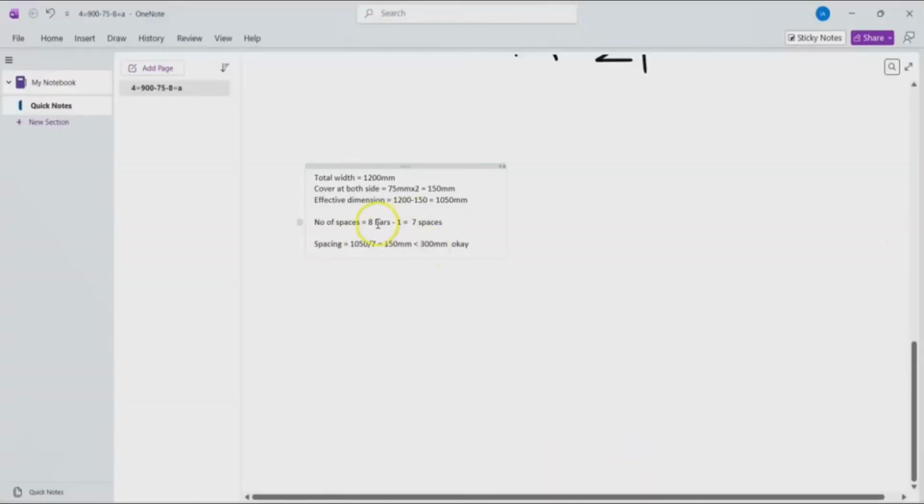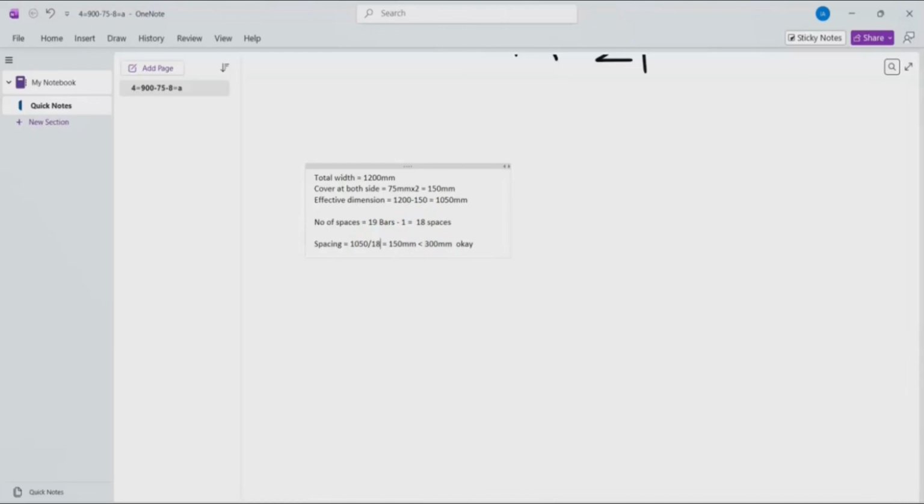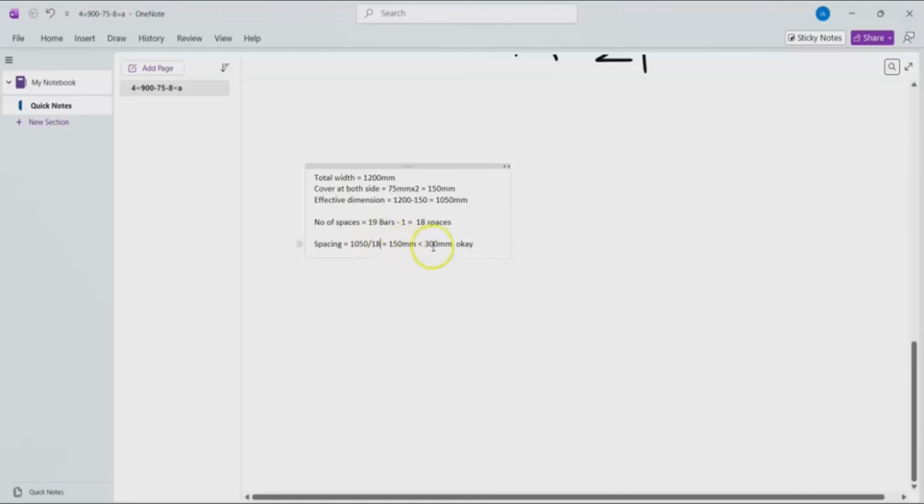So if we're having 19 bars minus 1, the spaces are going to be 18. We're going to be having 18 spaces, right? Now this divided by 18, we're going to get 58. So the spacing is just 58, although it is less than 300 millimeter, but it is going to be really,